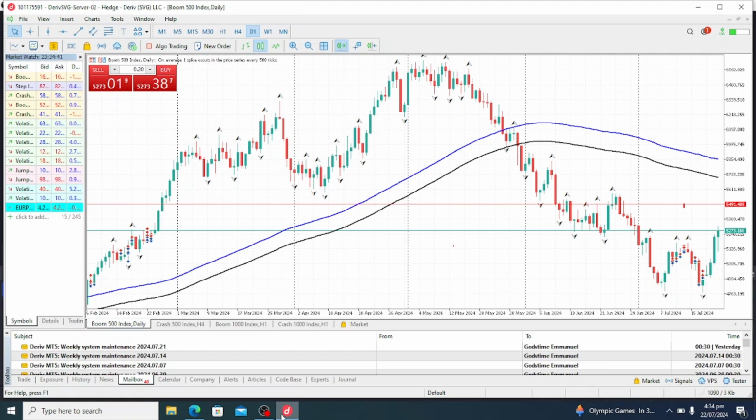Today we'll be discussing two simple trading patterns that you can use and start making money in the forex market. It's pretty simple and straight to the point. I'm not wasting much of your time, so let's dive into these two patterns. The first pattern